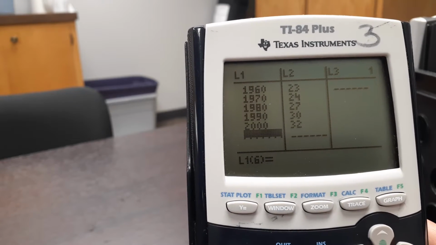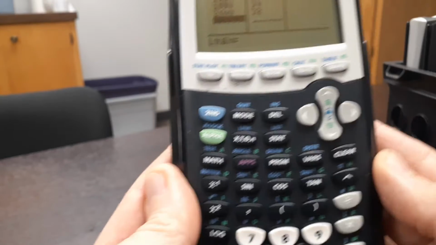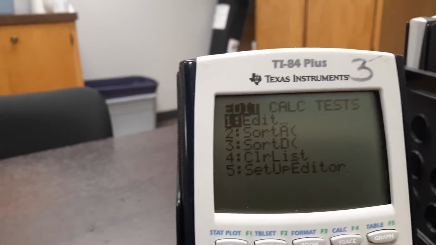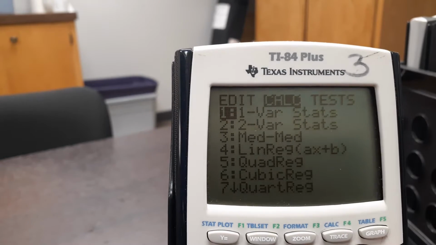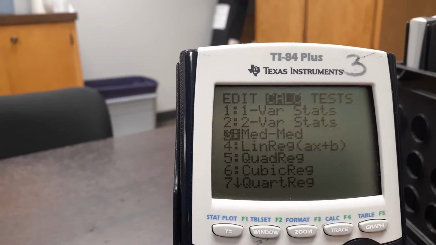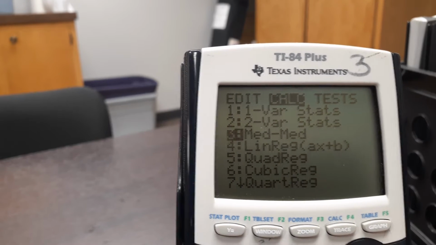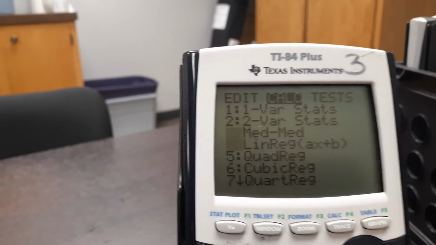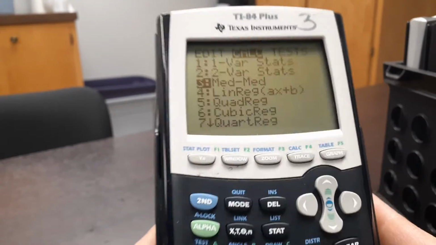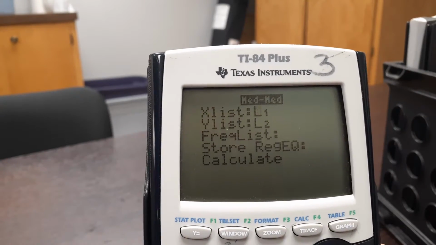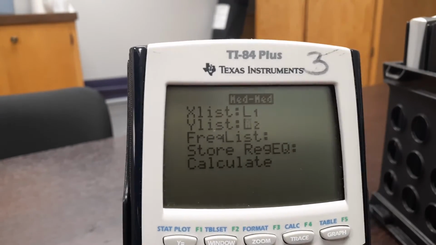So next, now you've got your numbers in, we're going to go back to stat, and you're going to do two things here. You're going to go over to calc, and you're going to find these two right here, 3 and 4. Med, that's the median, and this is linear regression. So these will both give you equations. So I'm just going to hit med, median, I'm going to hit enter. Now you get a whole bunch of stuff. It should say L1 and L2 right there. And I keep hitting enter,